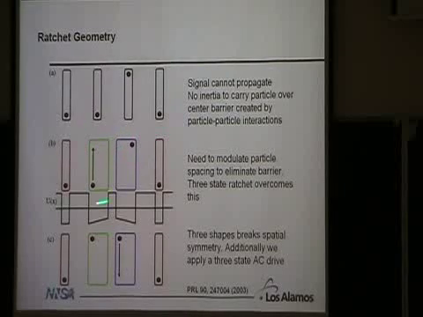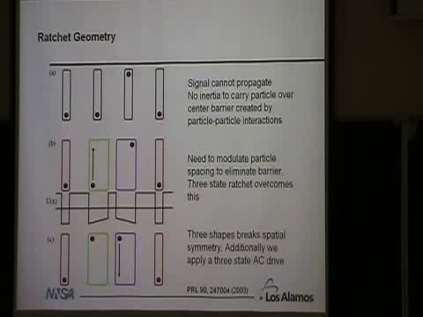And then we add to this an AC drive which has a 3-state cycle. So the first state is off. The second state is to the right, so we push everybody to the right side of the potential. Well, let's see, sorry. The first state is to the left, so we push everybody to the left side of the potential. And the third state is to the right, so we push everybody to the right side of the system. And what we've done is we've actually made a ratchet because we've broken spatial symmetry and we've broken temporal symmetry. How does this help us?